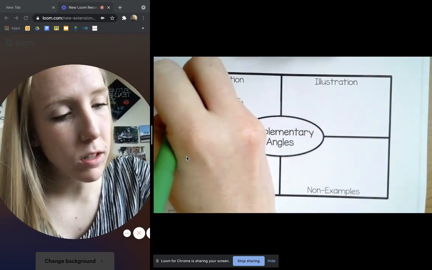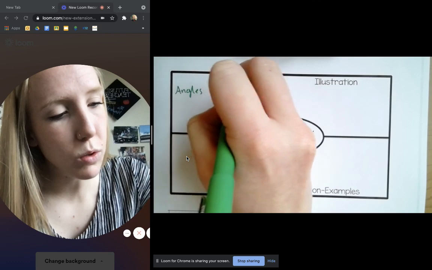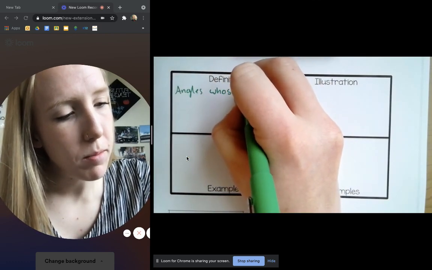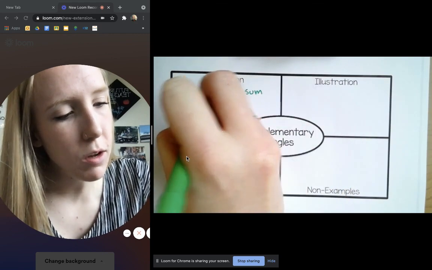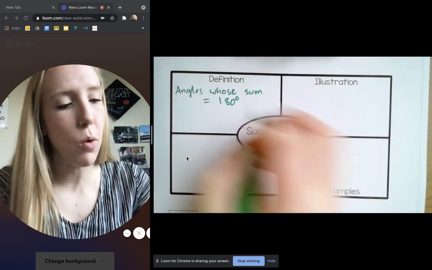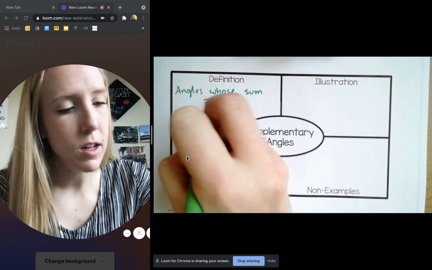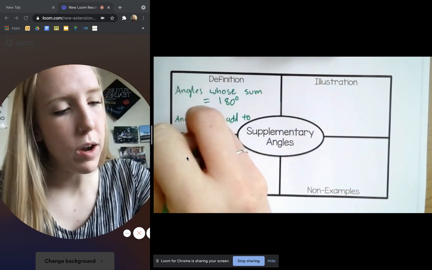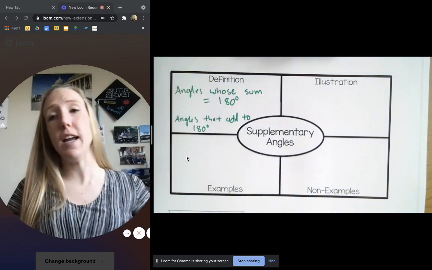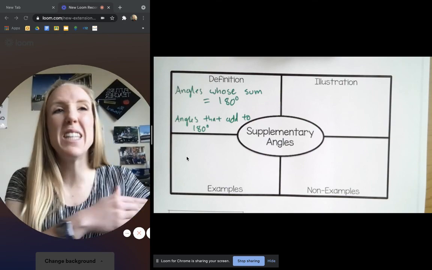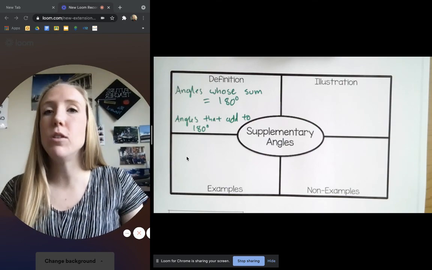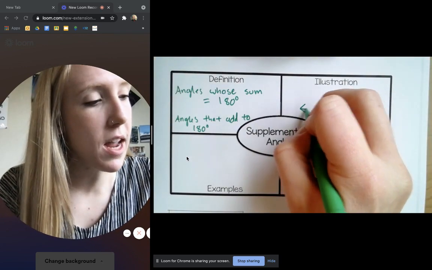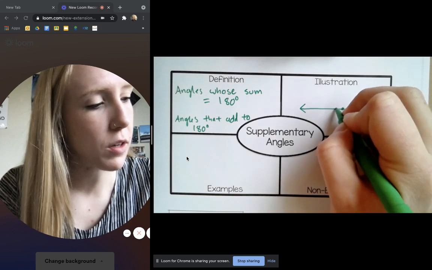So angles whose sum equals 180 degrees, or just angles that add to 180 degrees. So if you're understanding complementary angles pretty well, it's the exact same idea, but now it just adds up to 180 degrees. And so an illustration of that would be if I've got a straight angle, I know that this is a straight angle,